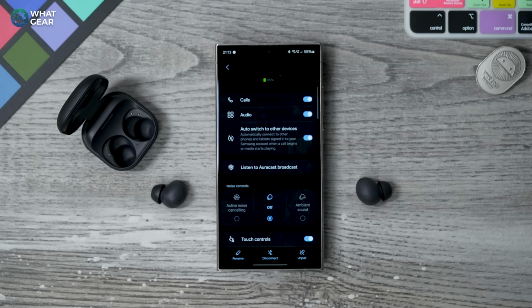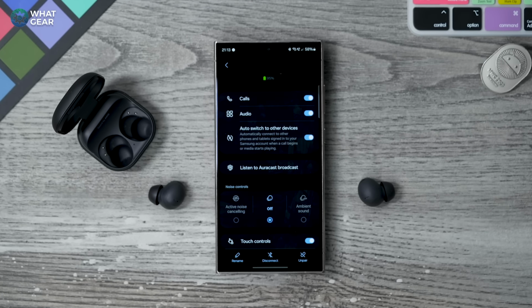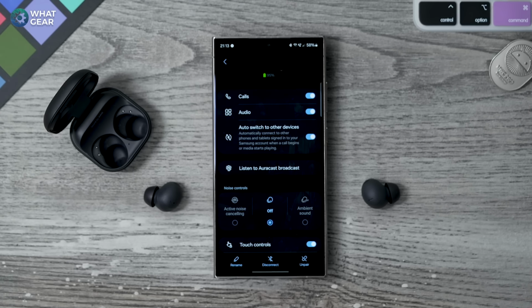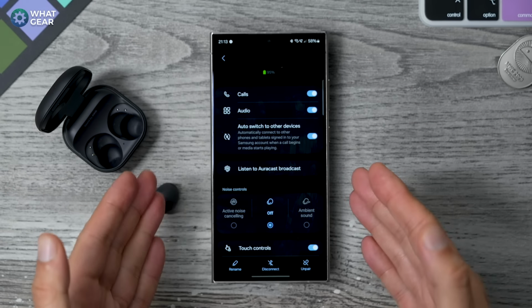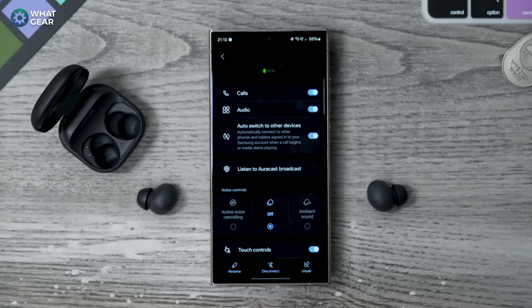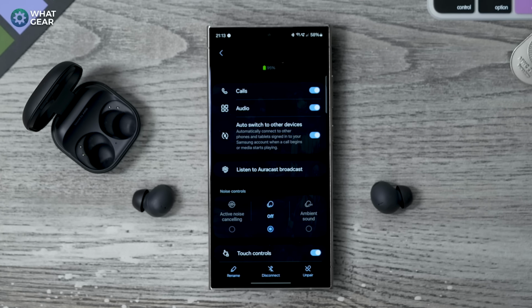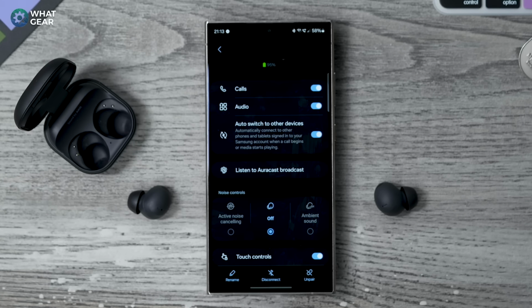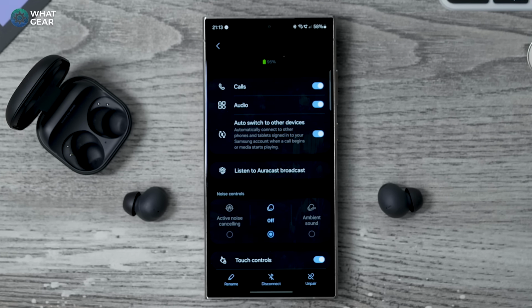Now, I wish I had another set of Galaxy Buds here on one of my other Samsung devices so I could properly test this out and check the range and stuff like that. But unfortunately, I'm going to have to leave it to you guys to let me know how well this works for you. This is brand new. This is cutting edge, and Samsung seemed to be the first company to really be trying to do it. So I'm very happy to see that here. I hope some of you guys do get to test this out to its full potential ahead of time. But do keep an eye on this one because more and more products will start to support this in the future.